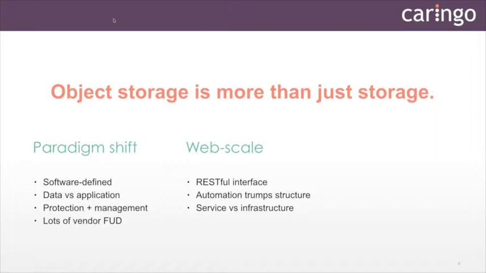In object storage solutions, automation trumps structure. So what we mean by that is the days of going to a specific server and saying, my piece of content, my file, is on that server, is on that drive, are really going away. But what you get in return is high automation, and that's the only way to really get to massive scales,